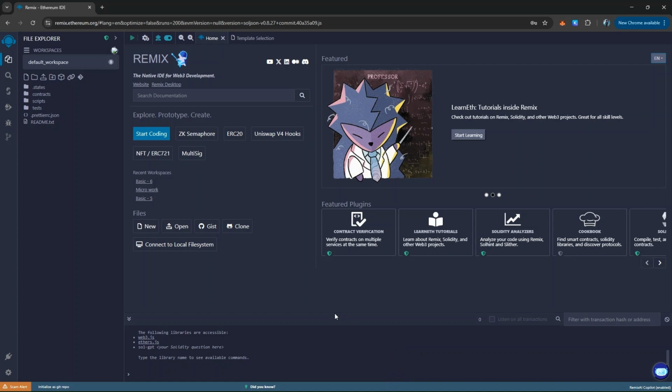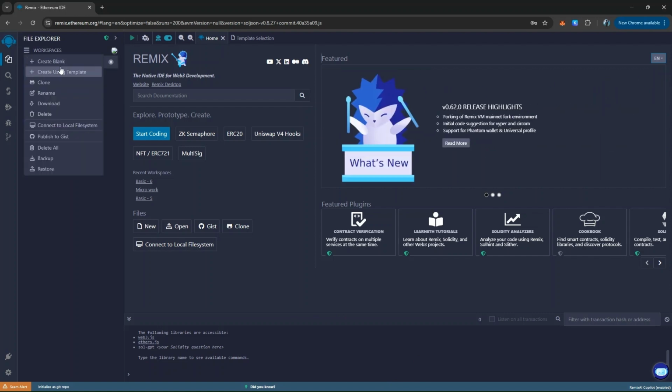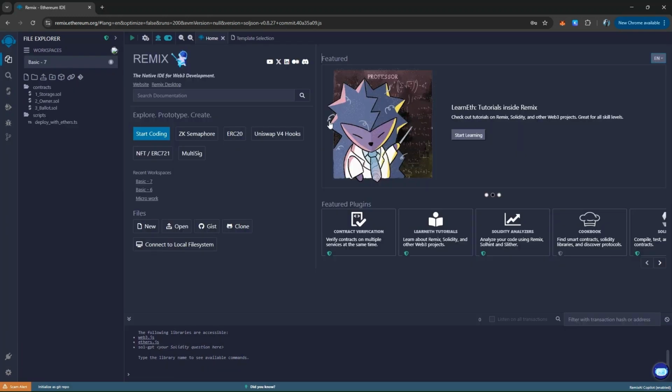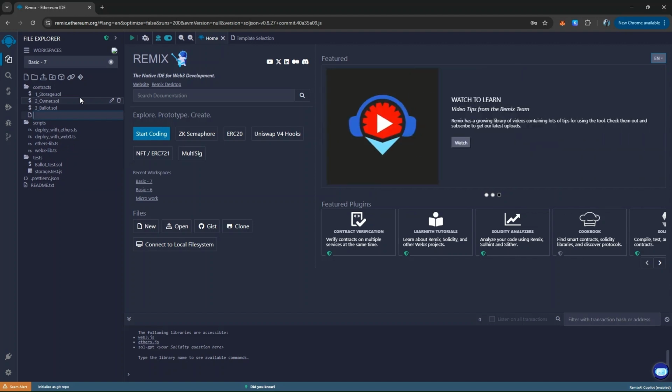Hi guys, so we'll be starting with Remix IDE. The first thing I'm going to do here is create a workspace. We'll be using a template, the basic template, just to have a setup ready for us. And yeah, this is it. So we'll be creating four files, the first one will be stake,